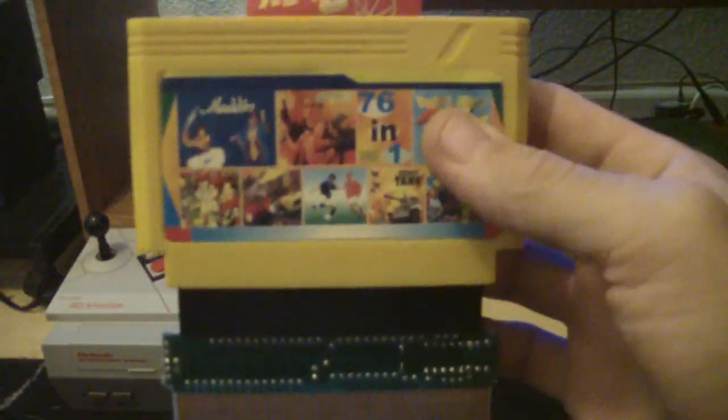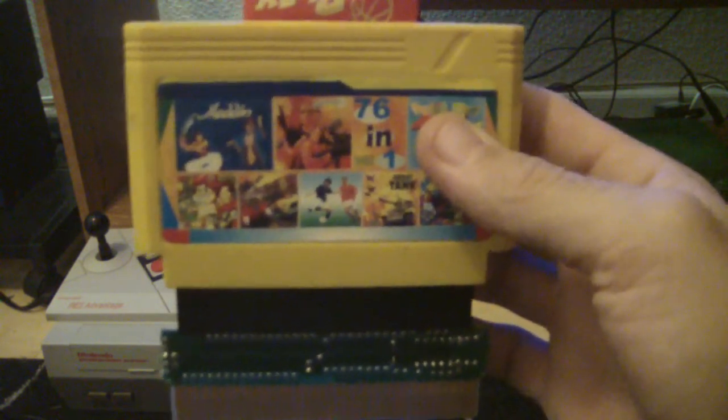So I taped a tag to the back of the cart so that I can pull it out of the NES without it getting stuck in there, and basically doctored it up so it'll work. The system, if you guys remember, it came with a system too, like a Famicom clone called the